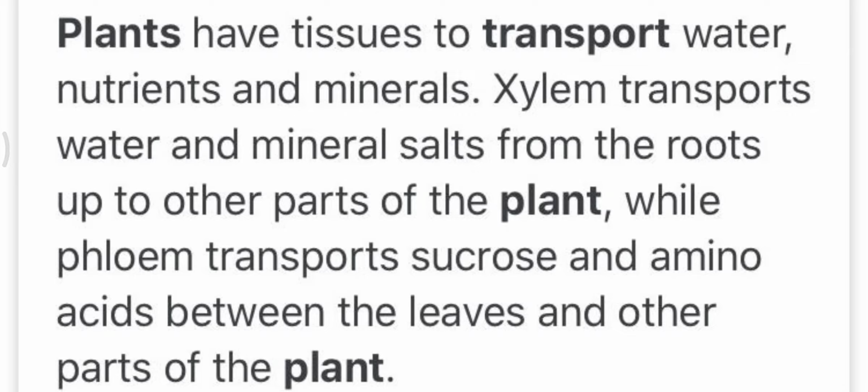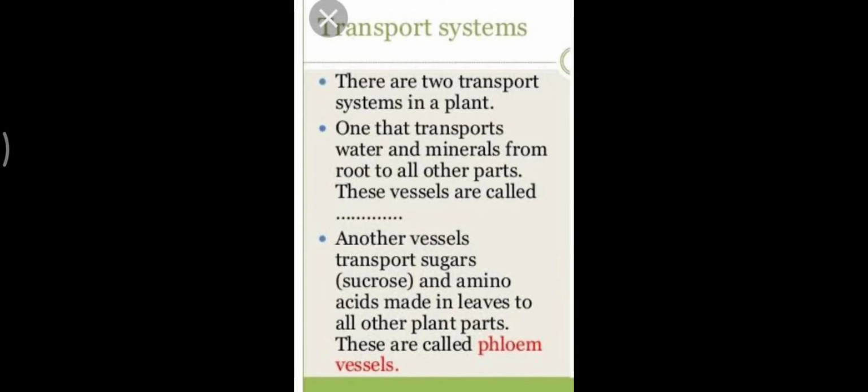Now, in comparison to animals, the plant transport system is very simplified and requires less energy. The reason for this is that plants cannot move, and in their body the majority of cells are dead cells, so they need less maintenance, and that is why the transport system is formed by the conducting tissues only. Now, plants need a variety of minerals like nitrogen, phosphorus, potassium, zinc, iron, nickel, and all these are transported from roots to the different parts.